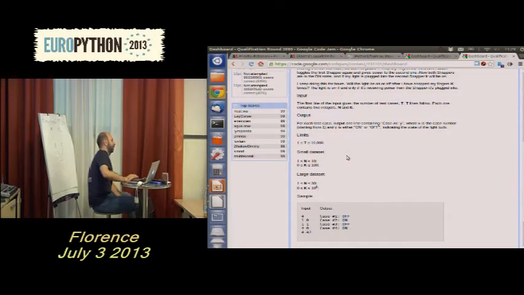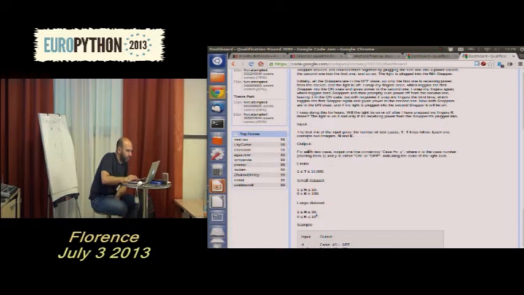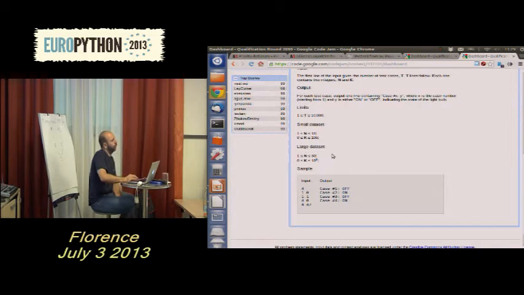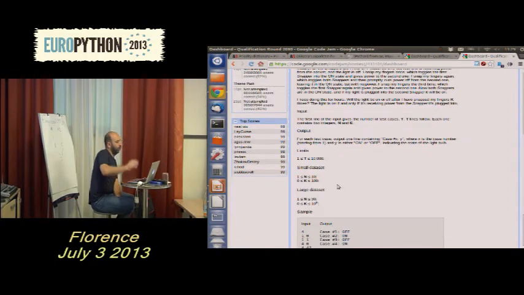What I'm interested in is, what are the numbers here? Basically, you have up to 30 snappers, and you can do on and off up to 10 to the 8th